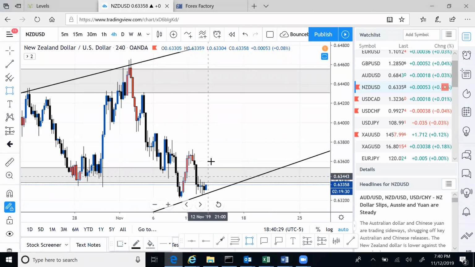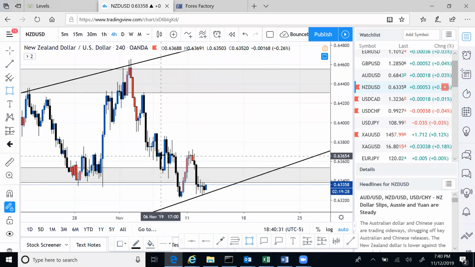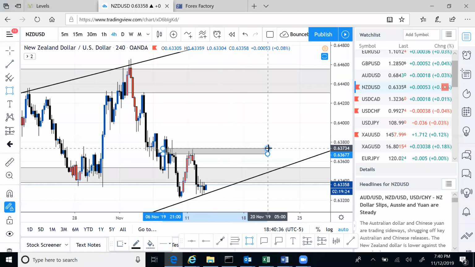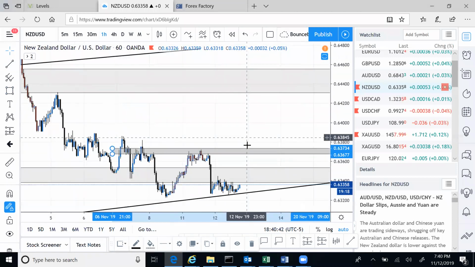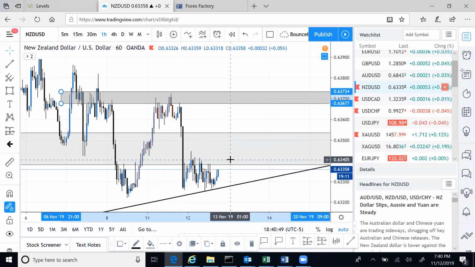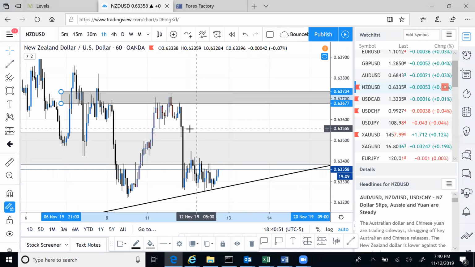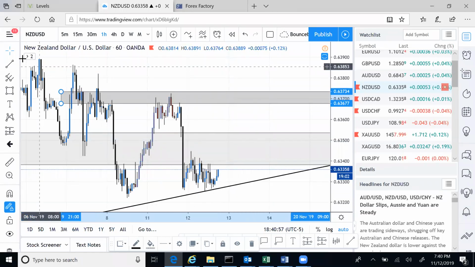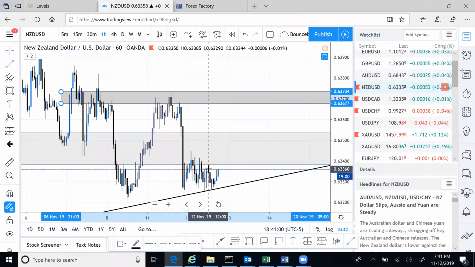Yes, so it looks like a potential W. So what you're gonna do is just identify the neckline and the W as a possible target for yourself. 1 hour time frame. We're gonna look and see what happens. We're not saying for sure that it's gonna happen, but based on what I see, I can see a clear W forming. And then we have NZ News.